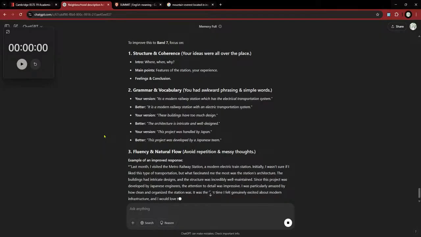It's a modern railway station which has an electrical transportation system. It was a modern railway station with the electrical transportation system. Your version. This building has too much design. This architecture is interact in. This project was